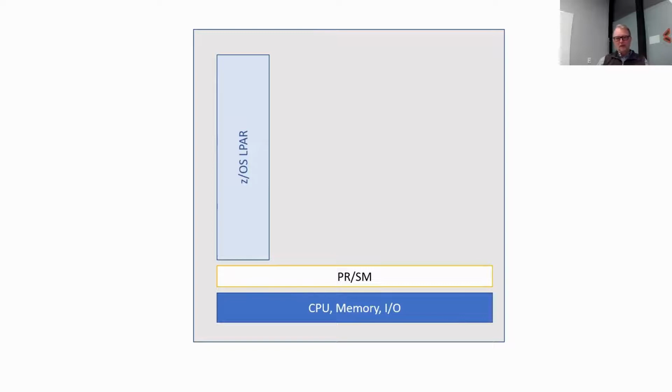As a matter of fact, the mainframe has been doing this forever, being able to logically partition or create LPARs. You might have heard the term MVS, and I usually slip up and call it MVS at one point in time, so I just want to get ahead of this. MVS is just an original name for z/OS, but it stands for multiple virtual storage. So you can think of it as just an older terminology for the z/OS operating system.